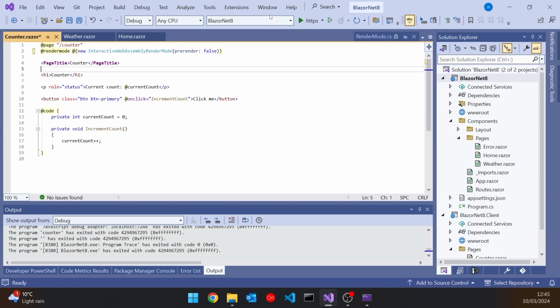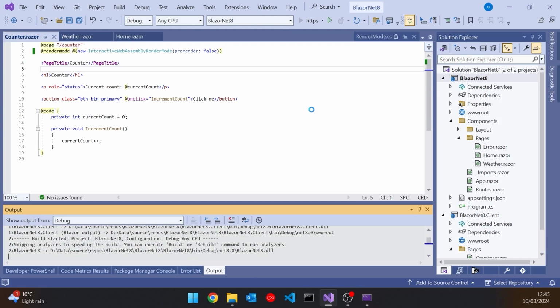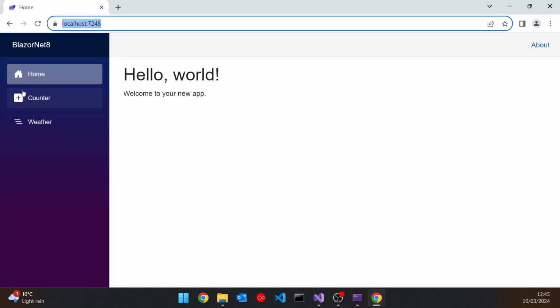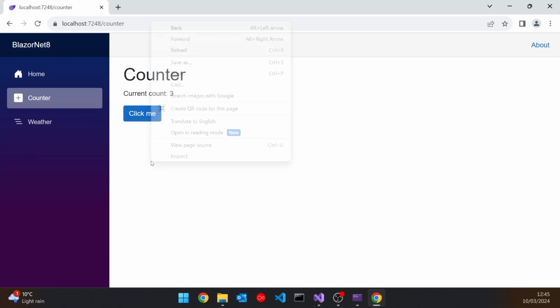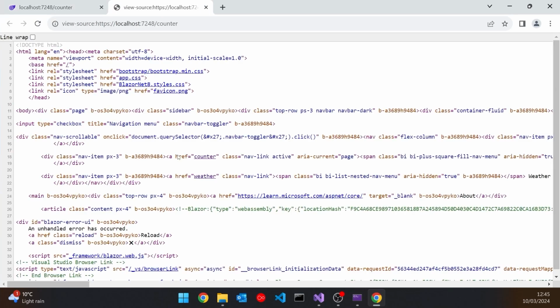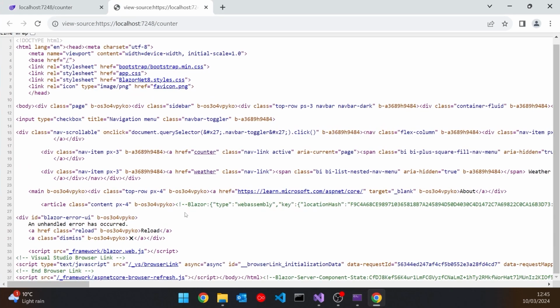As I say, not sure why in practice you do that, but if we now run this up and go to the counter, you can see it took a lot longer to load there because it didn't do this pre-render. It still works fine, but if we now look at the page source, we can see that it's not downloaded anything to do with the initial count. Basically, it's just downloaded the blank page with the error message and that sort of thing, and it's leaving it to the WebAssembly to actually populate that, which is why we saw the slight delay.